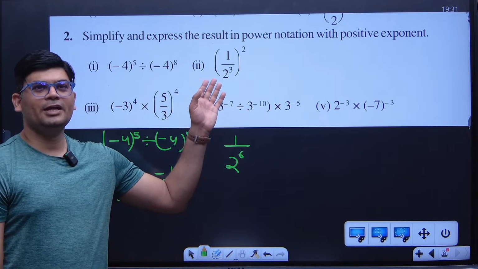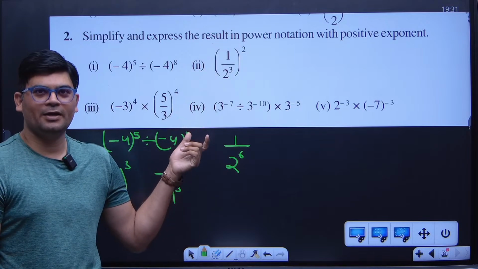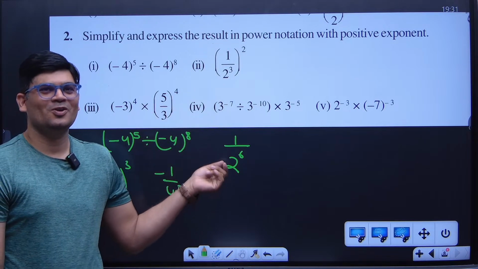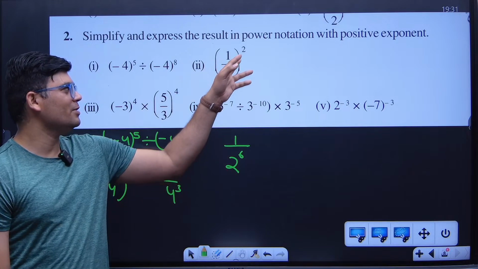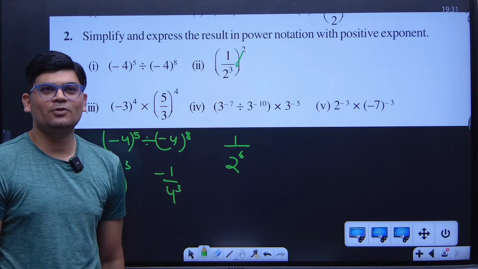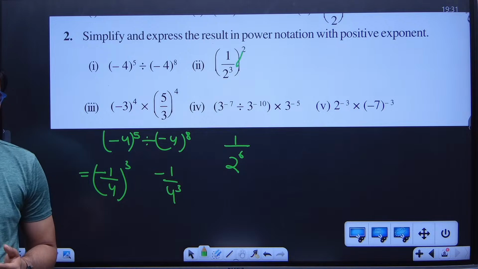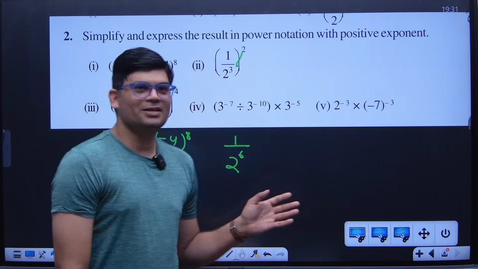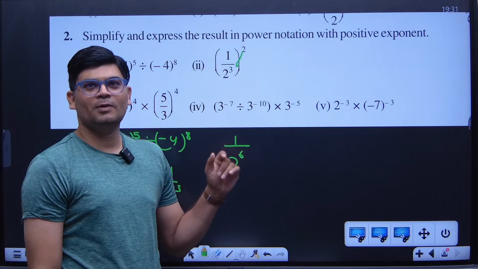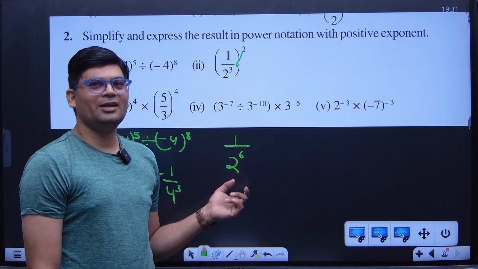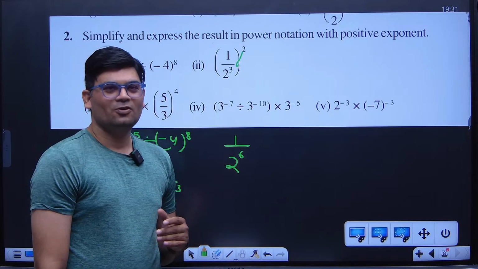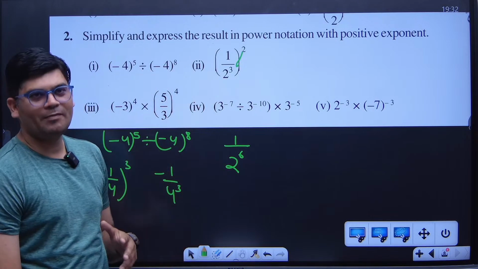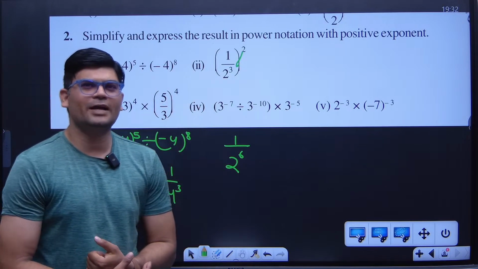See, it is a multiplicative law. The power of a power is being multiplied. So why are you making it 8? You could have made it 2 itself. Just multiply the powers. So it is 1 by 2 raised to 6, that answer is also correct. But there are many correct answers for this. Somebody may write it 1 by 4 to the power 3. Somebody may write it 1 by 8 to the power 2. Okay. But if the question is given in the standard form, prime numbers, make use of that only.